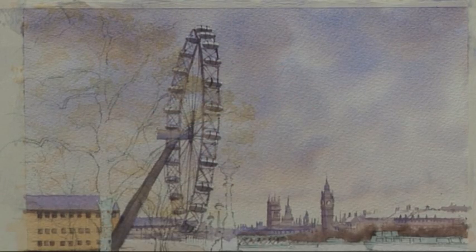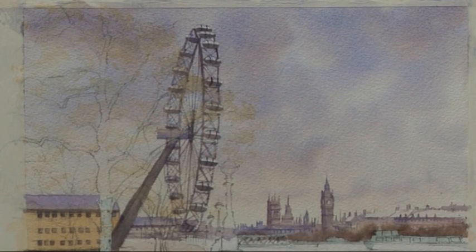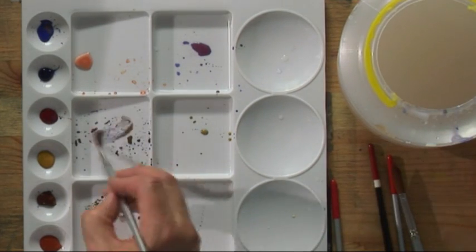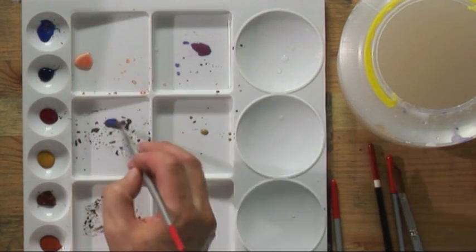And that needs to be dry before we can paint any branches. So now that the background's dry, we'll look at these trees. It surprised me when I walked along the embankment here just how many trees there were. But these are helpful to us as an artist because it saves us having to put too much of the middle distance detail in. I've got the number 4 brush and I'm going to mix a fairly strong brown mixture